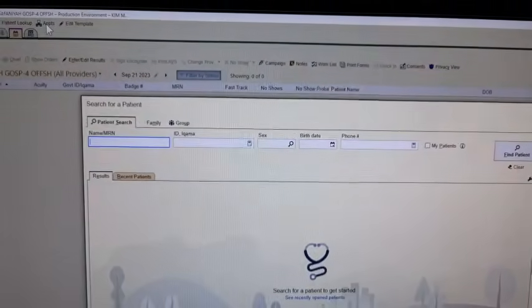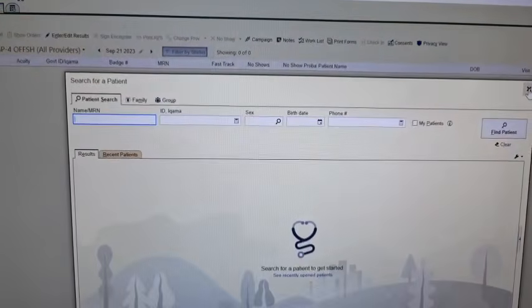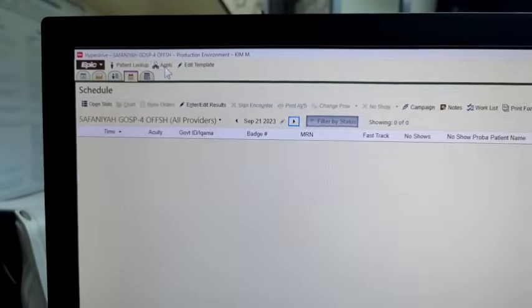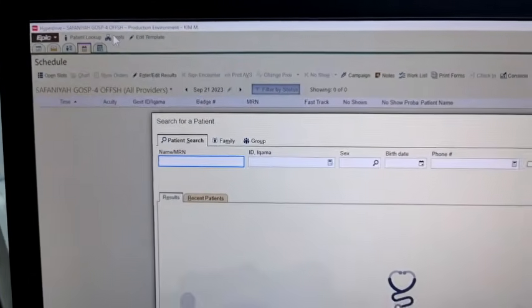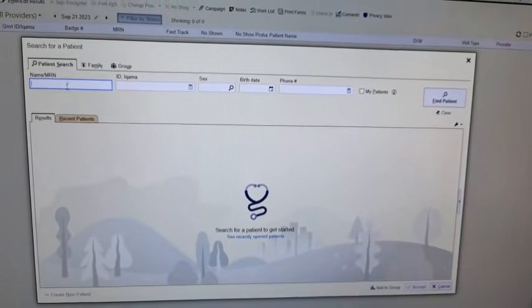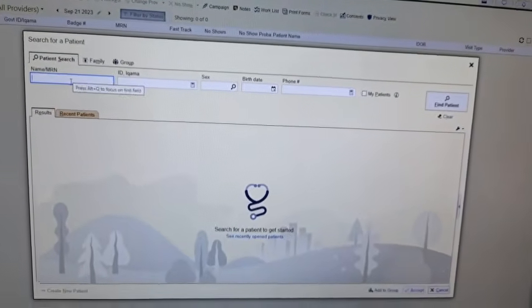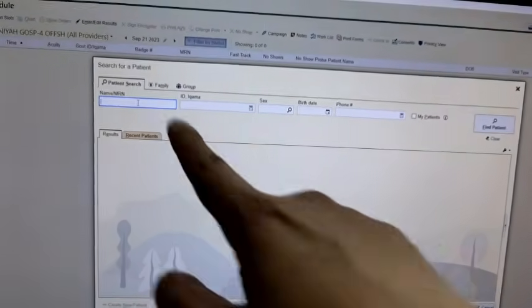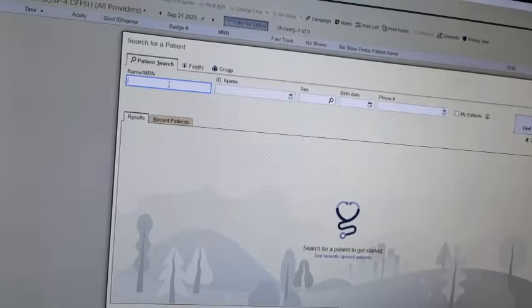Going back, we will now register 1 patient. When you register, you click appointments, and this tab will appear. For the employees, the importance of getting their badge number is you can put it there in the name.